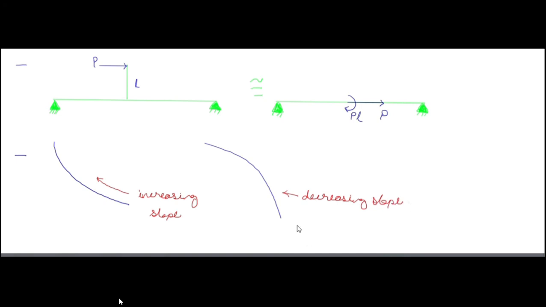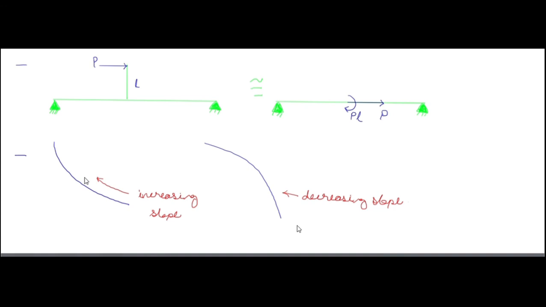Once again, this is another question. This is the simply supported beam, and this L is the support, and on that support P is acting. So this P can be transferred, it is acting horizontally, so this P has been transferred, and also due to this P we have a bending moment induced, P into L. So L is the height of that support, so P into L is acting anti-clockwise.